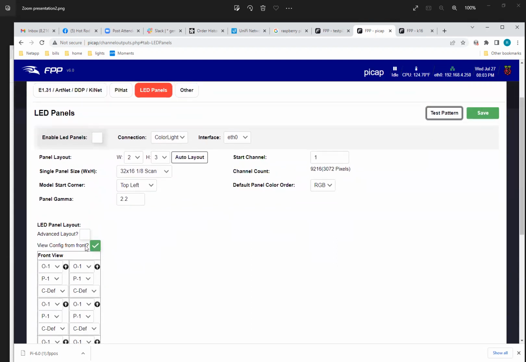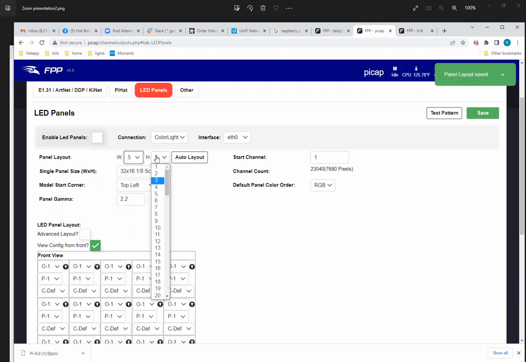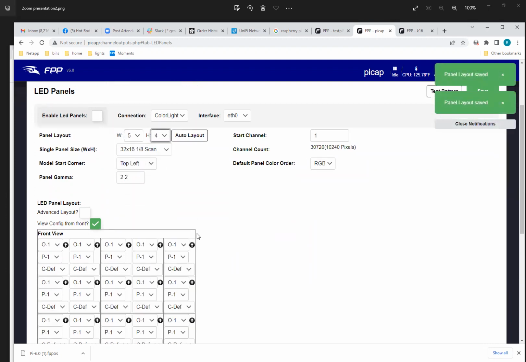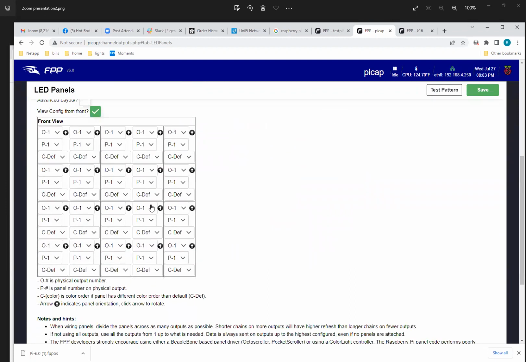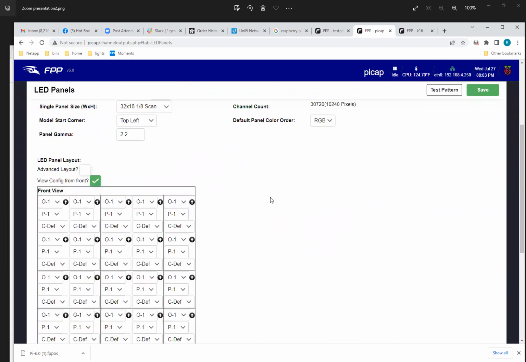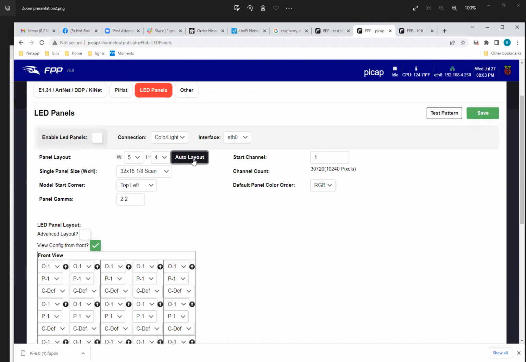And then to demonstrate the auto layout option, if I said I want to configure a 5 wide by 4 high, you can see all of these down here are configured as output 1, panel 1, output 1, panel 1. So historically, you had to go through and change all these. If I just say auto layout,